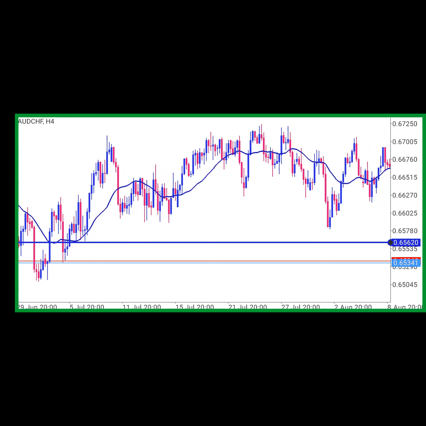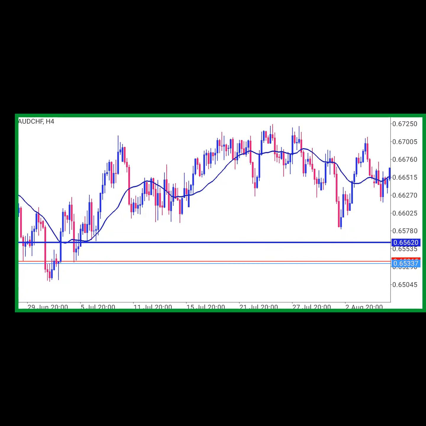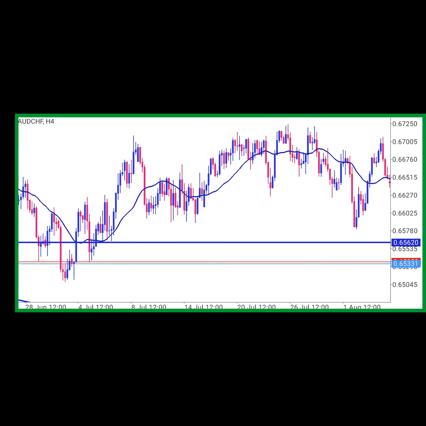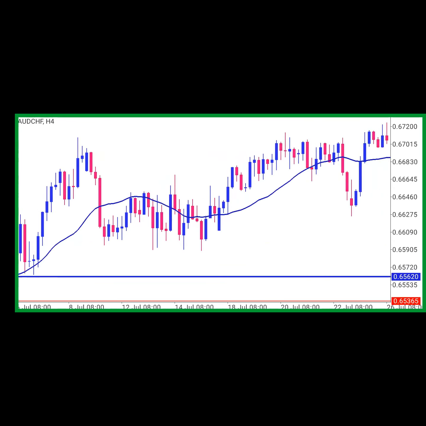The question is, you all said this chart is choppy, right? Why do you think it's choppy? Because there's no clear direction, no clear trend. Apart from that, there are plenty of wicks on this chart. Notice all these candles have wicks. Wicks are those long things. It's going up one minute, going down the next.